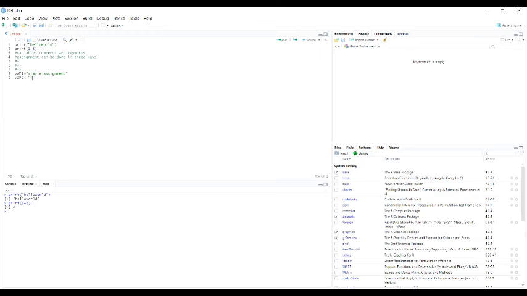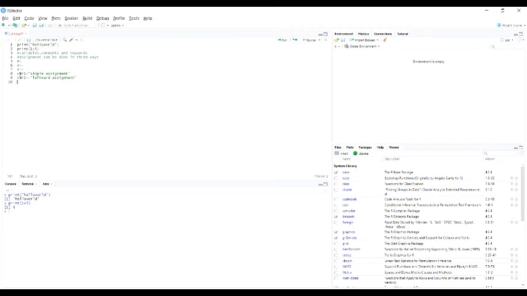To remember it easily, I am giving that as the value.